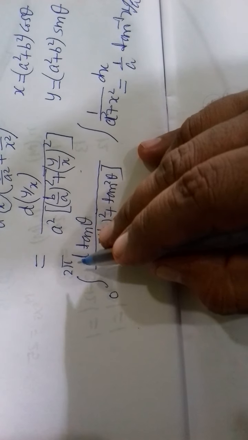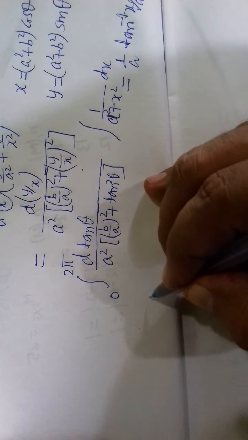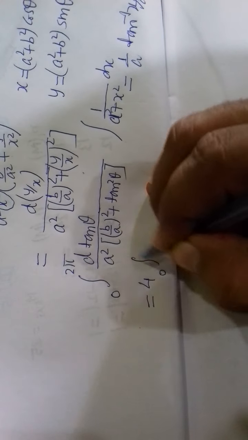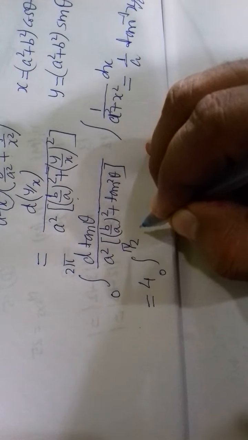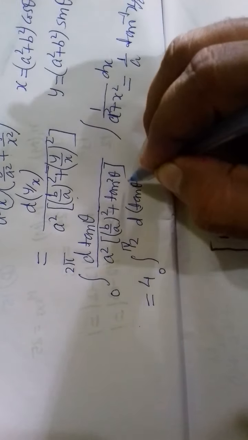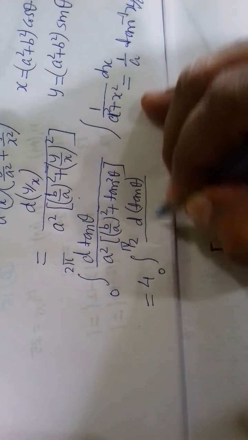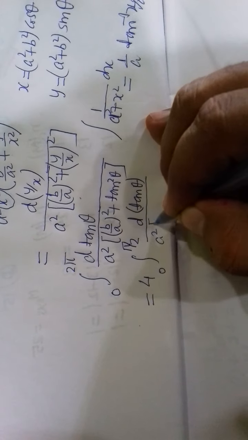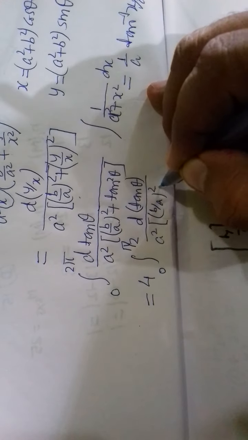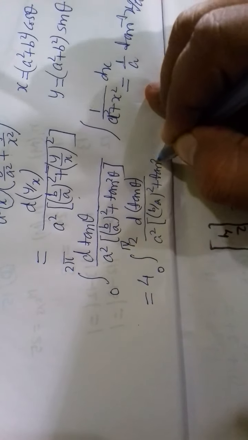Using this, and you see 0 to 2 pi, this limit can be changed as 4 into 0 to pi by 2, d(tan theta) by a square ((b by a) square plus tan square theta),